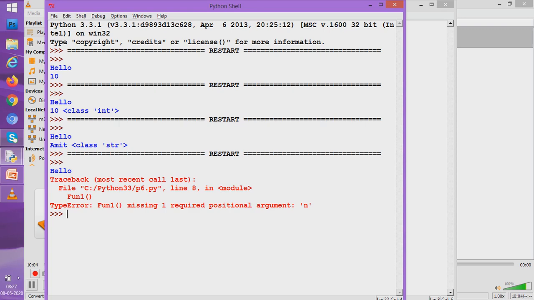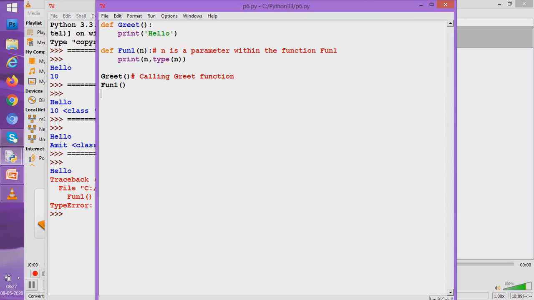So students, if you have a variable within the function's parenthesis, that is, if you have a parameter, you will have to give a value to it whenever you call that given function. Value has to be given.